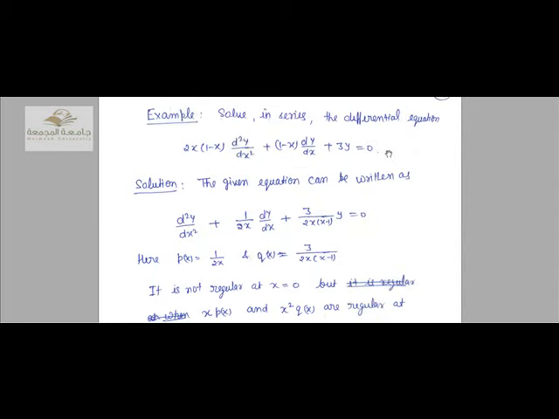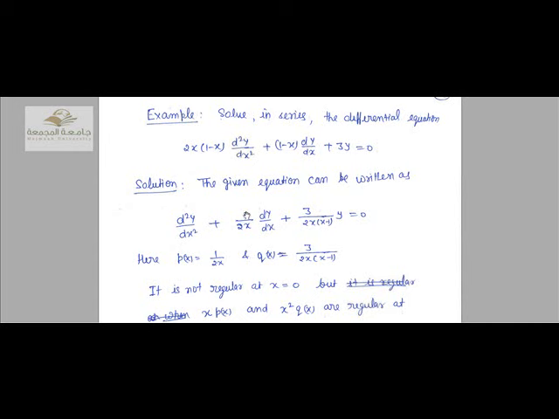Now we are going to solve the next example, which states: solve in series the differential equation 2x(1 minus x) d2y over dx2 plus (1 minus x) dy by dx plus 3y is equal to 0. Solution: